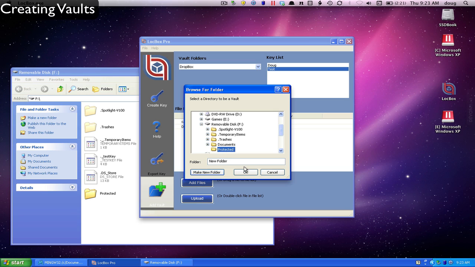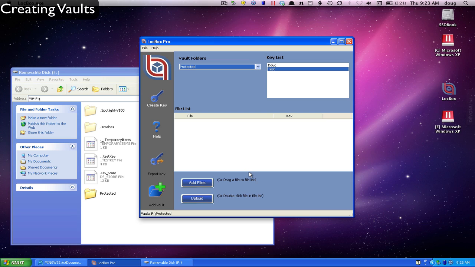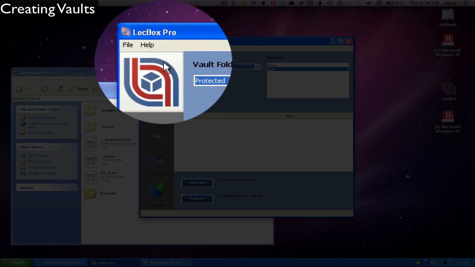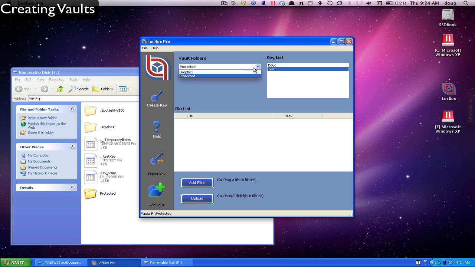And with that highlighted, I click OK, and what LocBox has now done is it has turned that protected folder that I just created into a unique vault, and it shows up as the current vault folder in the vault folder list. I can still go back to my Dropbox vault anytime I want, and I can switch to the protected. Now I can happily start dragging files into the file list with the appropriate key highlighted, and it will